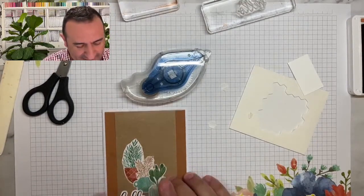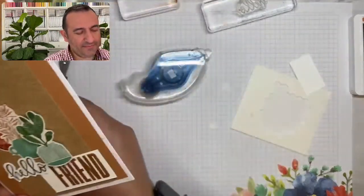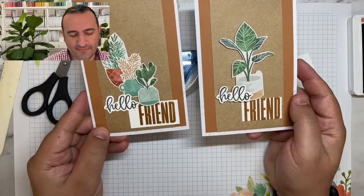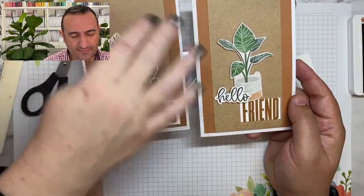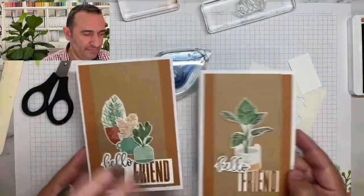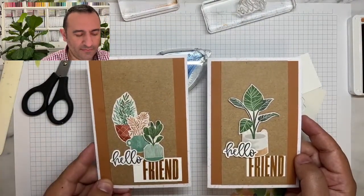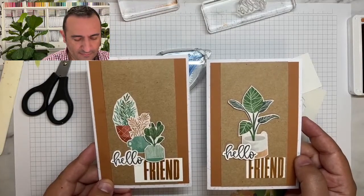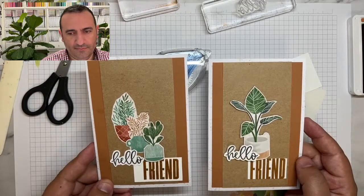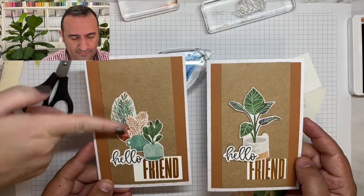Ooh, I really like this one. So I just stuck it like sort of... Yep, perfect. Yeah, a bit higher, so you can still see the friend. I actually really like that. And if you wanted to, I love how Bruno's done it, and it's probably more masculine, but you could even do dry embossing in the background, or even some light stamping in the background. But I think that clean, crisp look is very masculine. So if you wanted to make it a little bit more feminine, maybe use the macrame